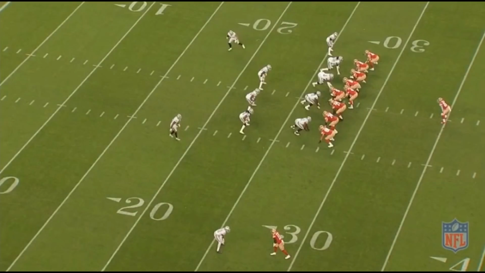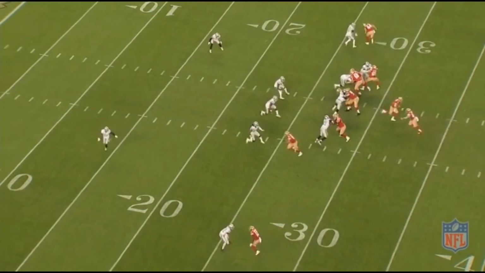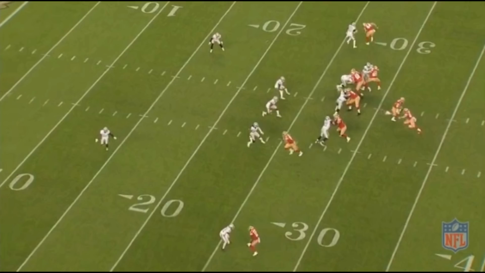Here we have another play action pass. San Francisco has brought 3 tight ends into the formation and 1 receiver down below. Notice the linebackers in the middle of the field for the Raiders. They'll be important later. San Francisco fakes the handoff, and the linebackers realize right away that they've stepped up, but